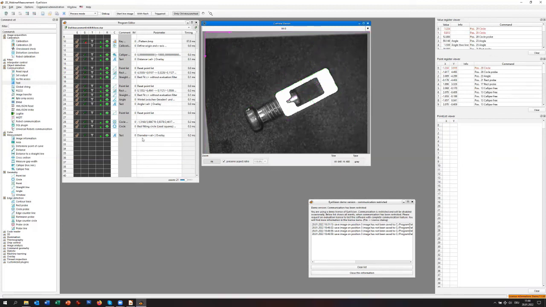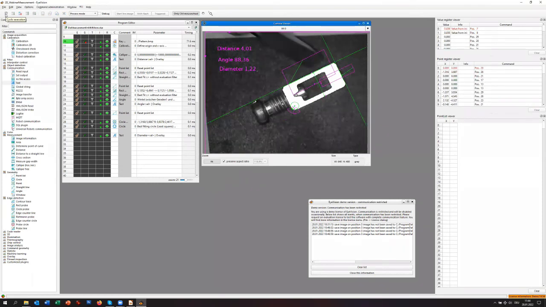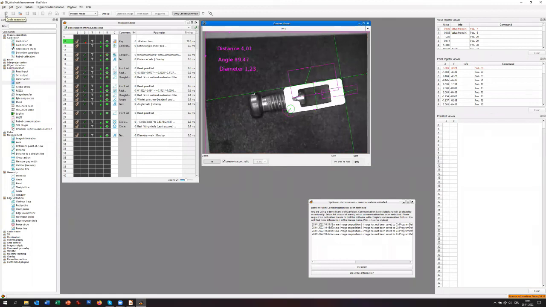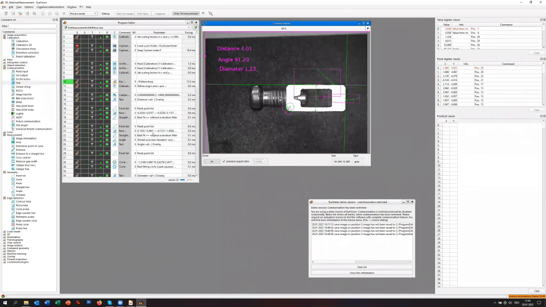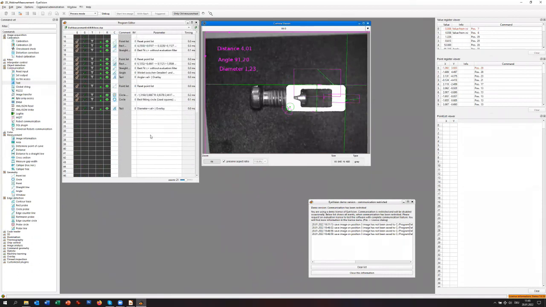So this was now a short overview, and now we do all the measurement in pixels. Of course, it also works as I didn't show it after we did it. We can move the part wherever we want. We get these values always in the movement. And so you see here